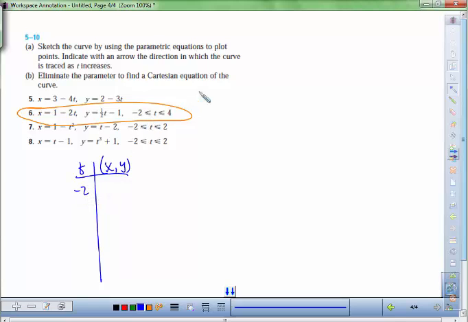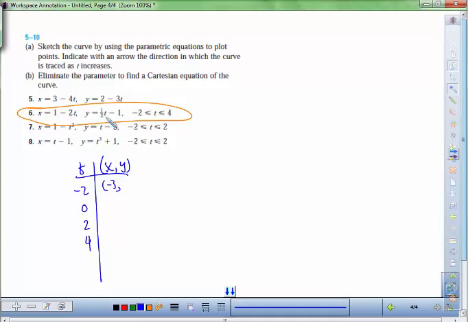Our t values go from -2 to 4, and I think it's good enough to pick whole numbers. I see a 1/2 here, so I might just go with even numbers: -2, 0, 2, and 4. I'll skip all the odd numbers for now. If you really need to, you might put in the odd numbers to see how it might look. When t is equal to -2, my first point will be at, let's see,